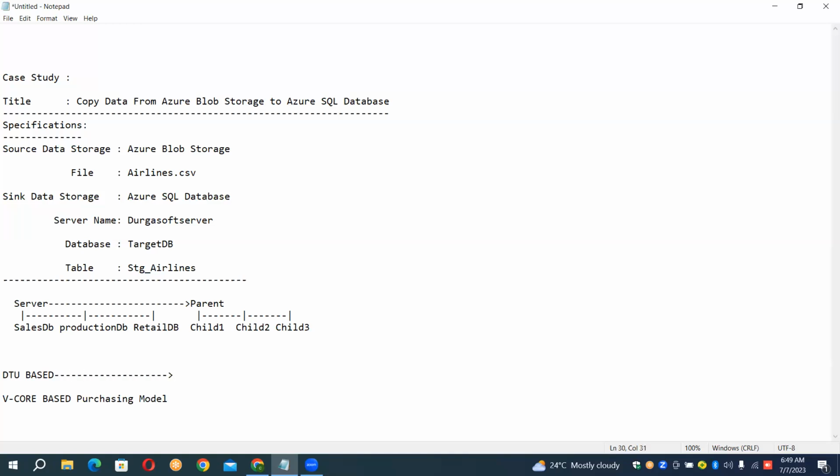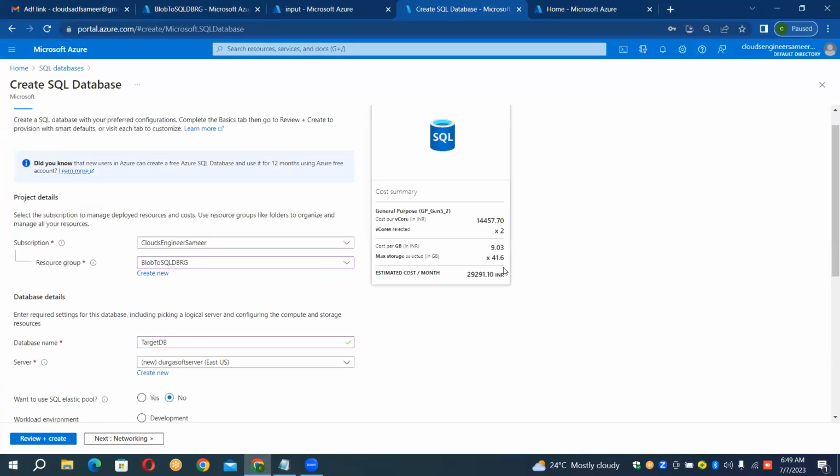So based on the requirement, what is the amount of data you require, or what is the speed you require? That you have to decide under the pricing tier. So for that, I'm just going to the pricing tier because this is very high and ours is a practice session, so we don't require to spend this much on the data,